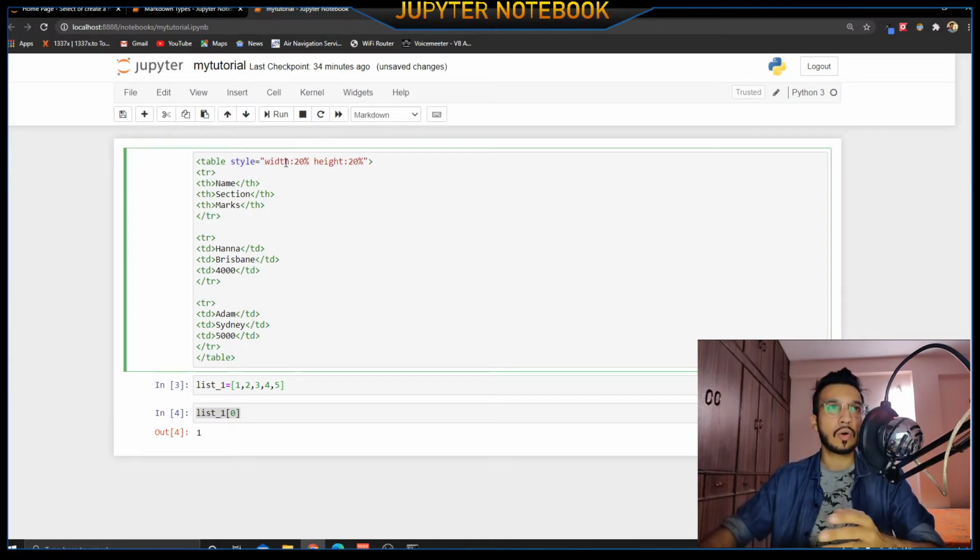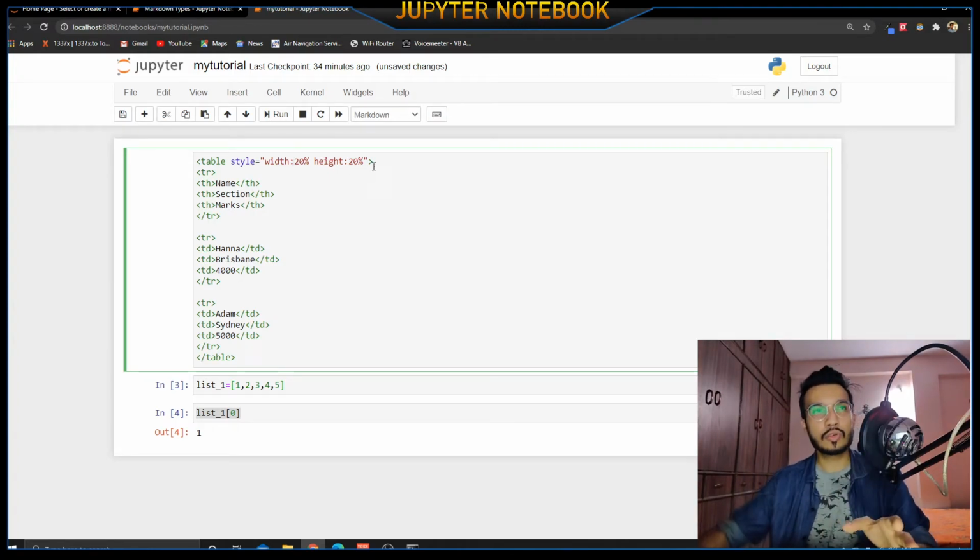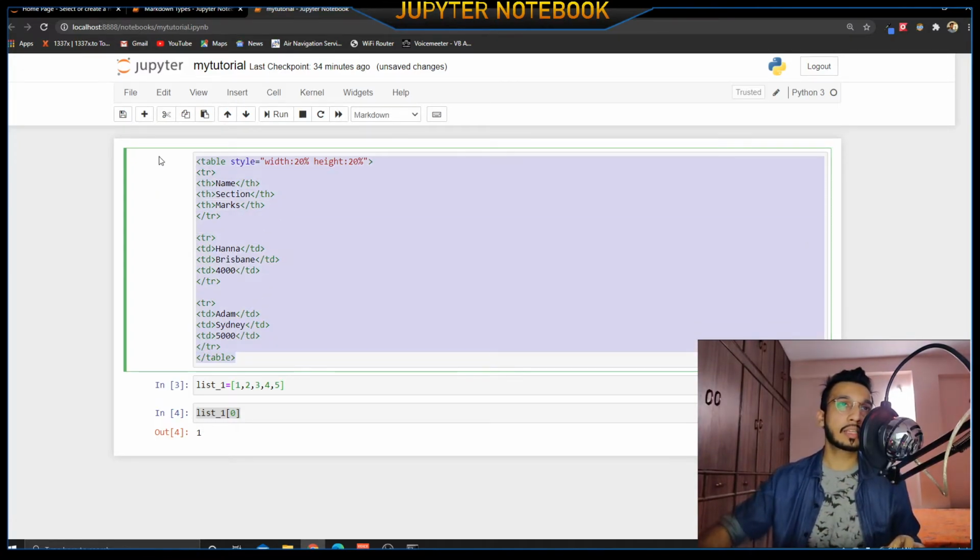So for all of us to see the table in a proper size, you have to use something known as a style tag, and you have to give the height and width of that specific table. Well, I have made it 20% because I just wanted to show it that much, but you guys can use it up to 50%, 60%, even 100%. Now, getting to the next thing,